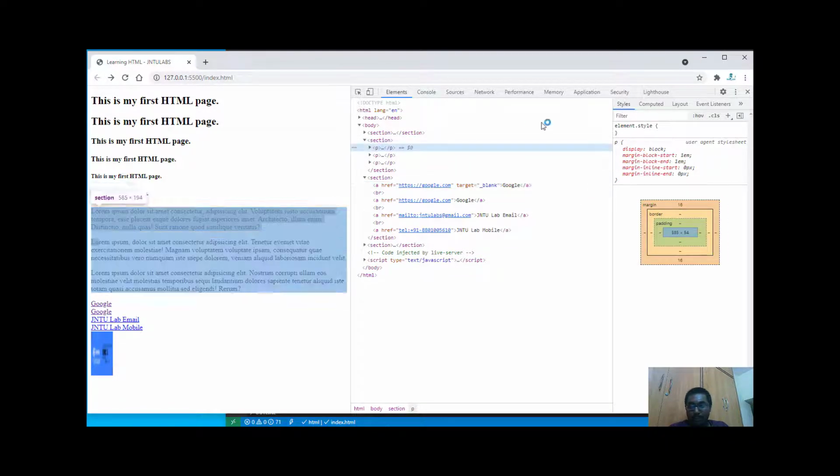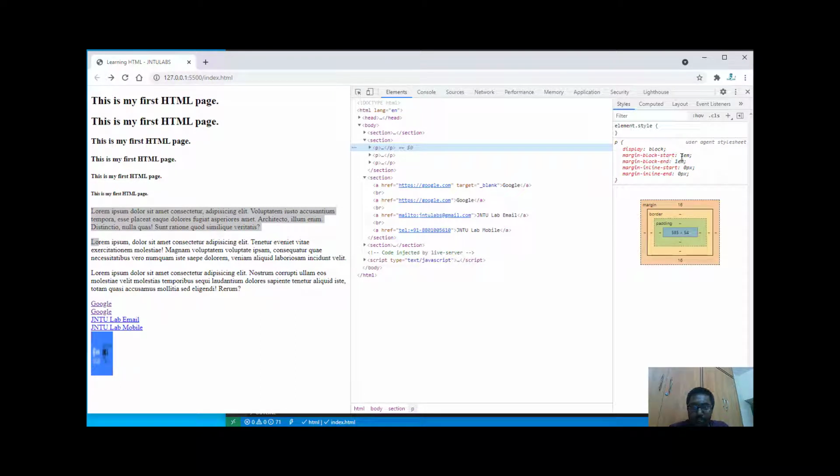And if you see the p tag, you see margin start, margin end, 1 em of margin is given. These are the margins given at the top and at the bottom, 1 em. So if I change this, I can't edit this, so no problem.